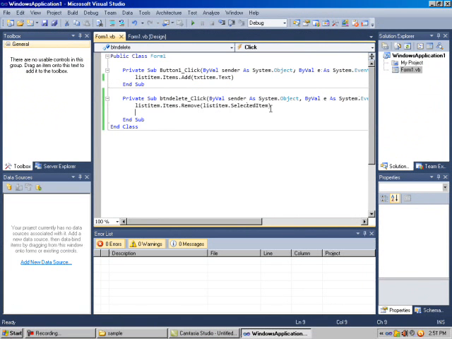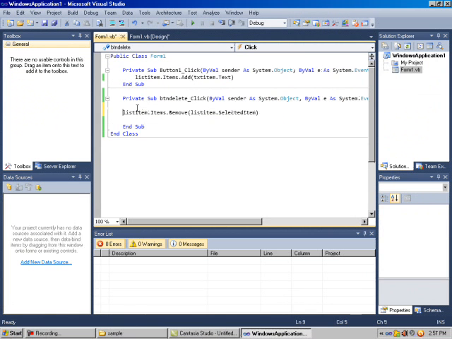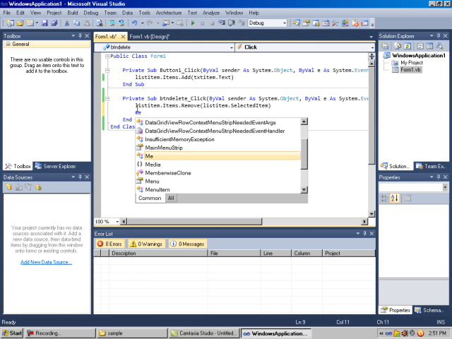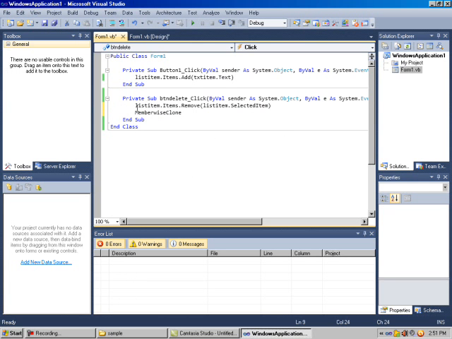If you want to add a message box to specify whether the item is deleted, just type message box.